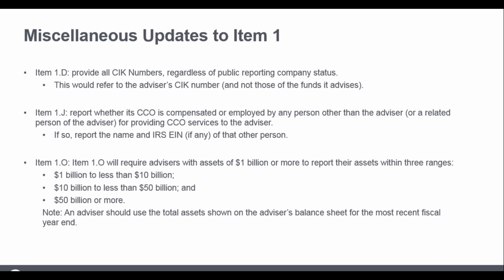In terms of item 1J, you're now going to be asked to report whether the CCO is compensated or employed by any other person than the advisor. And in that case, you'll need to report yes, and provide that EIN number. There is a carve out there, and that's basically if the